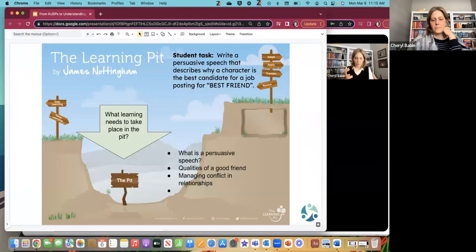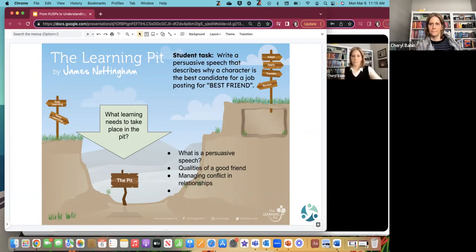During this time, when you're pulling out the learning outcomes and the cusps, this is what's actually happening during your time in the pit, so to speak. What learning really needs to take place in there. And so if we know that writing a persuasive speech is the goal, then I'm going to just pop out here so that I can type into this for us.